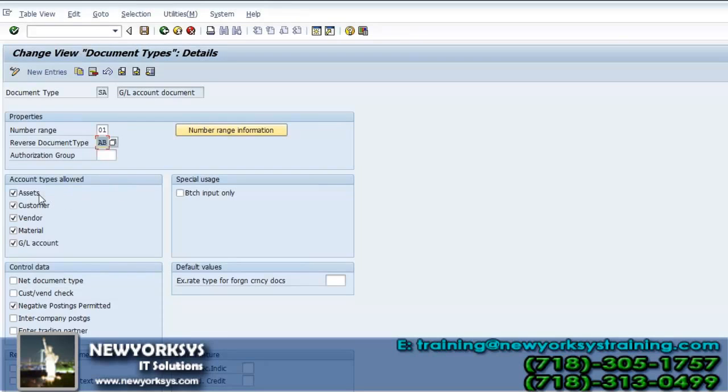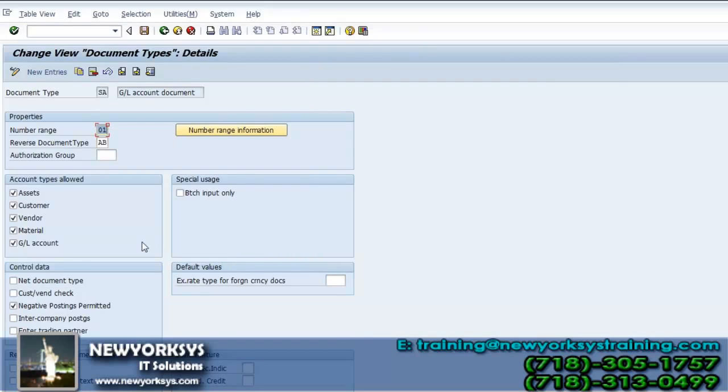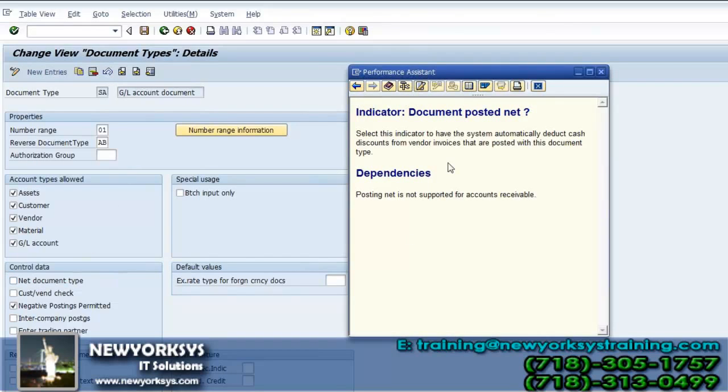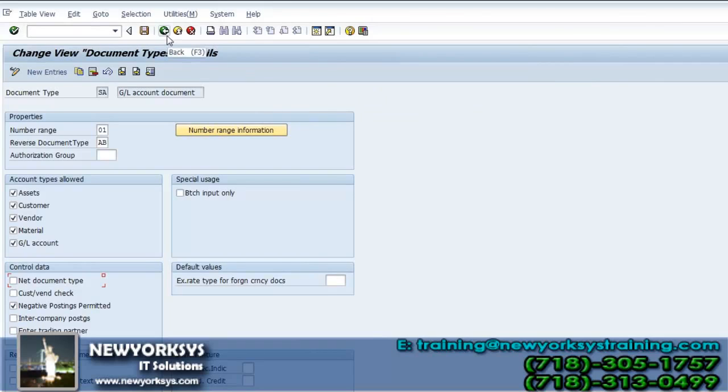In SAP, for any field, you select it and press F1 help. It gives the available documentation. Any field in SAP has F1 functionality. So whatever field you want to learn about, just select that field and press F1. It gives you the documentation. You read it and understand what the field means. It gives the business scenarios also.